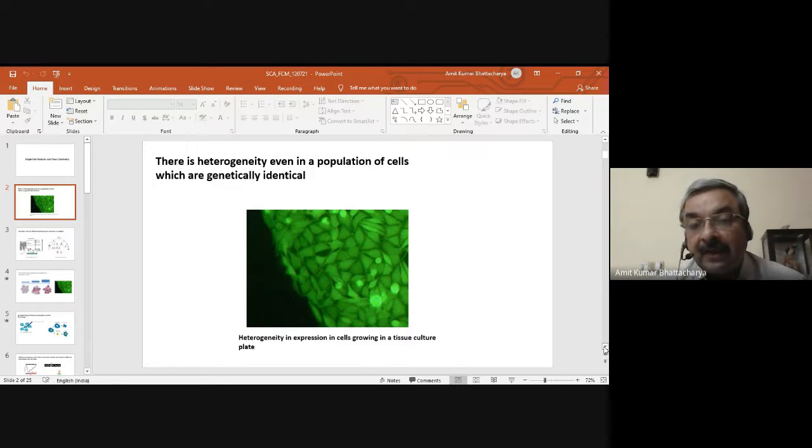And how do you look at it? If you have a flask of cells and you look under a fluorescence microscope, you start seeing by the green color that some cells have